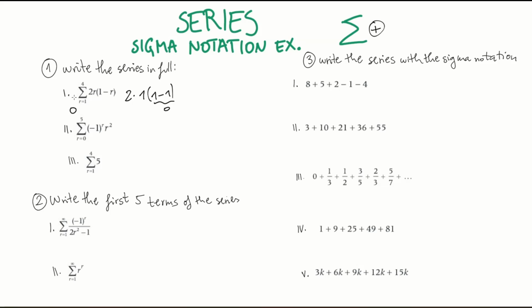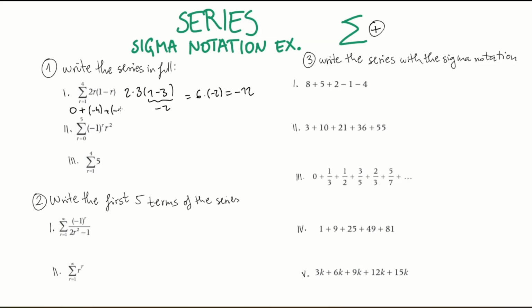Since we said it's summing, we just add a little plus and go with our next term, substituting r for 2. So we get 2 times 2 times 1 minus 2. This is minus 1, so we get 4 times minus 1. This is minus 4. Our third term is just substituting r for 3, so we get 2 times 3 times 1 minus 3. This is minus 2, so we get 6 times minus 2, which is minus 12,